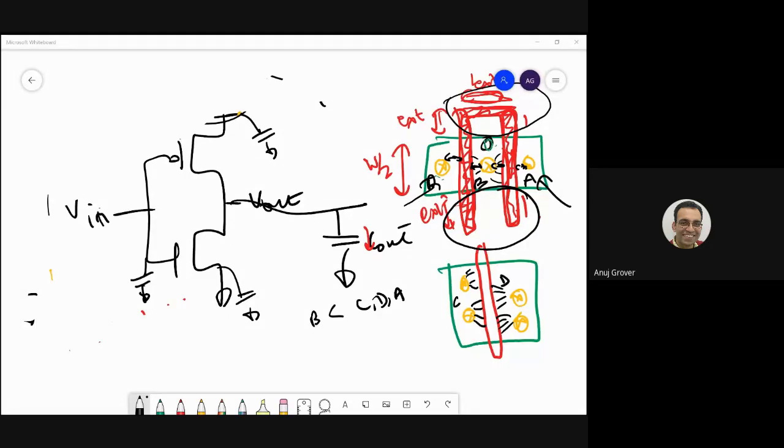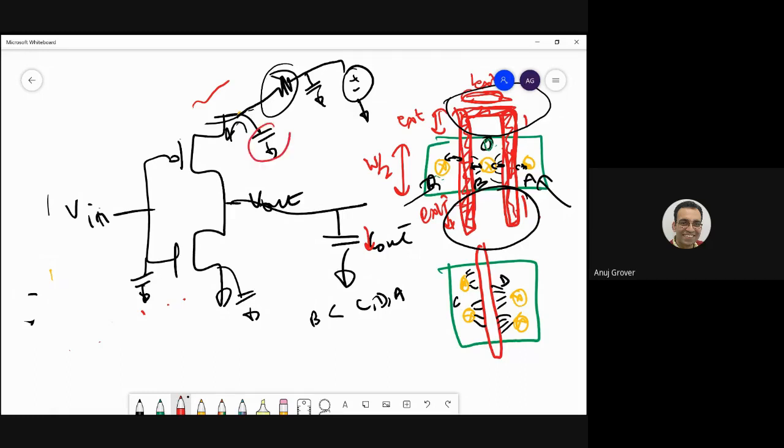When due to some resistance, current could not come from the supply, your capacitor will offer that. So your supply could be somewhere far away, and there would be some resistance in this. But so what happens? You wanted more current immediately. This resistance will not allow that current to come to you quickly. So the local capacitance would offer that additional charge that was required by the transistor. Now, since this is a larger capacitor, even if you give more charge, the variation in my supply level over here will be small only. It will be a very small noise.